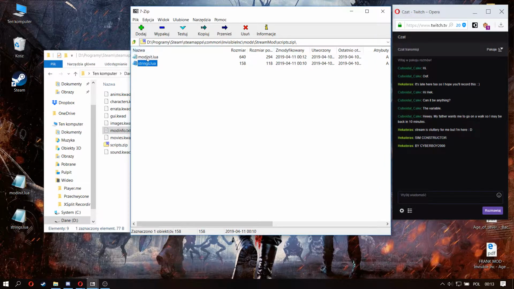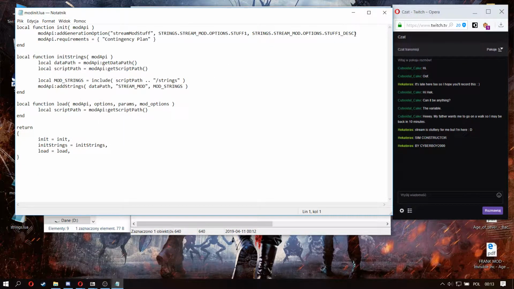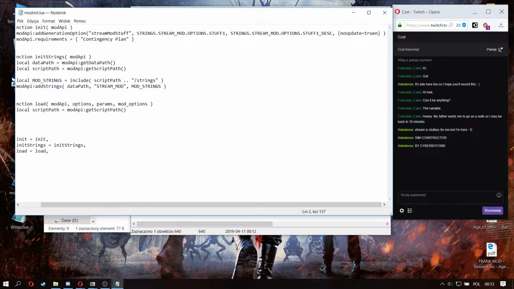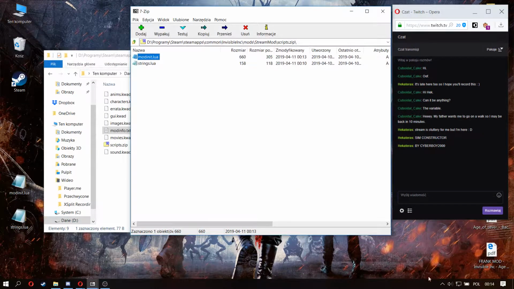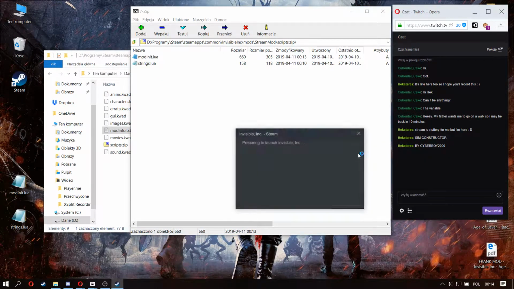and in the mod init, we have to add a fourth parameter here after these three. It has to be a table, or an array as it's called, so brackets, and it's called no update equals true. Now if we save this and run the game again,